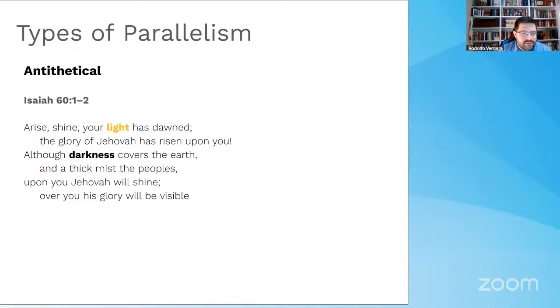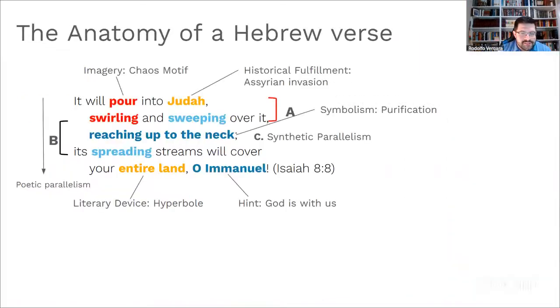Awesome. A good one. Yeah, and this is a summary of this section, the anatomy of a Hebrew verse. This is Isaiah 8:8. Somebody mentioned here, let me go back to Mike. He mentioned that Hebrew poetry is conceptual parallelism rather than rhyming as in English. Yeah, there is some tempo in some of the verses for sure. There is more sound in Hebrew, but it's more about the context of what Isaiah is trying to say.